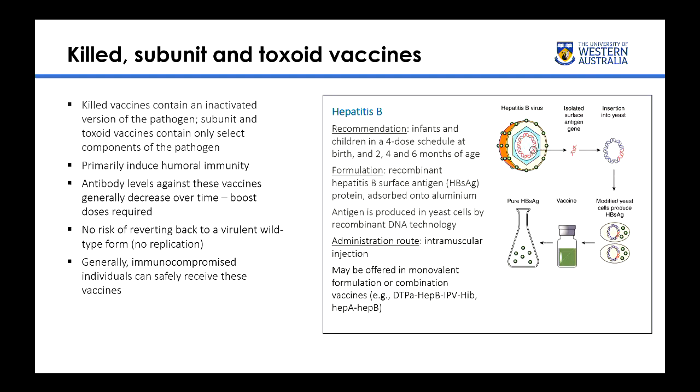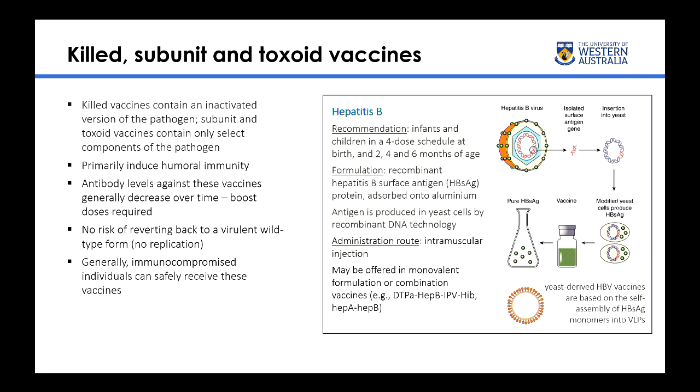Looking at hepatitis B, the recommendation is 4 doses: at birth, 2, 4, and 6 months. This is a 2nd generation hepatitis B vaccine. The 3rd generation looks at putting more antigens in. Essentially it is a type of VLP, or virus-like particle. The way it's produced, the surface antigen is isolated and transfected into yeast cells, and those yeast cells